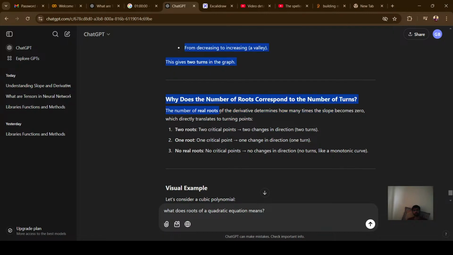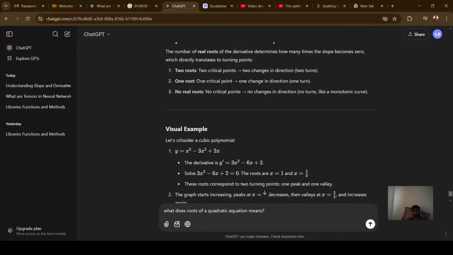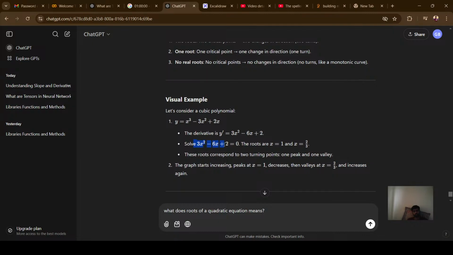So the number of real roots of the derivative determines how many times the slope becomes zero. And the derivative of this is 3 minus 6 equals 2. So